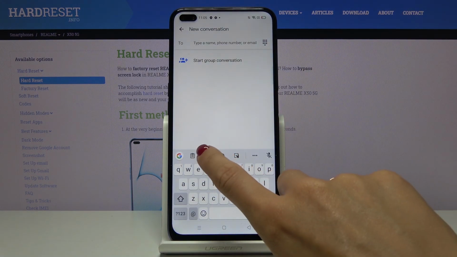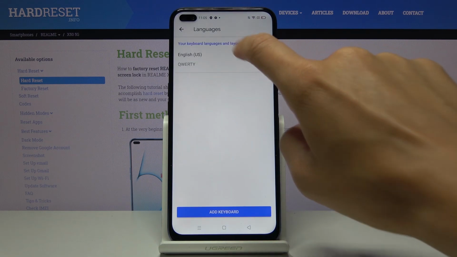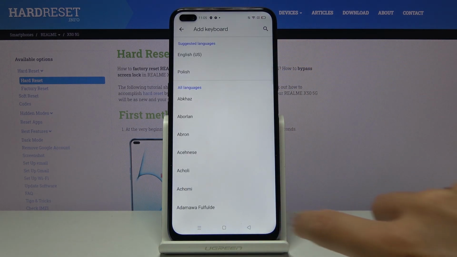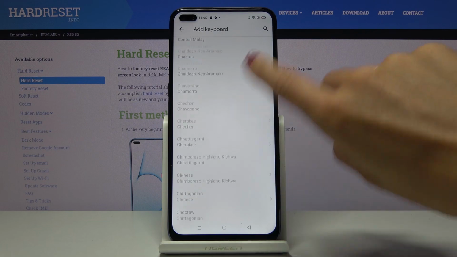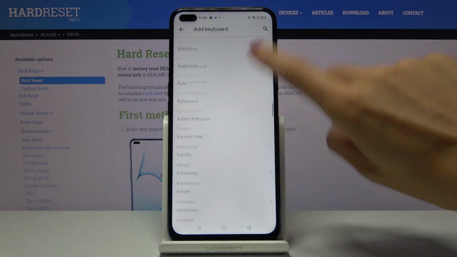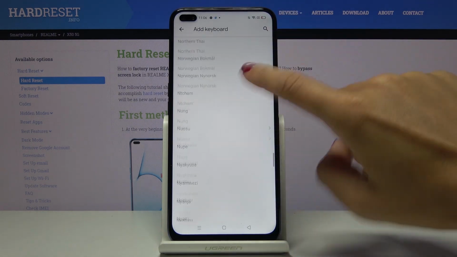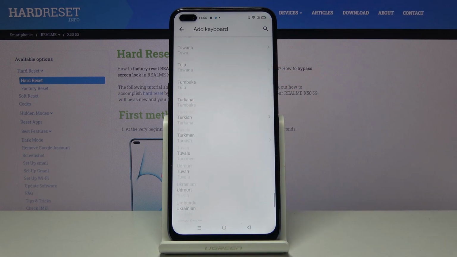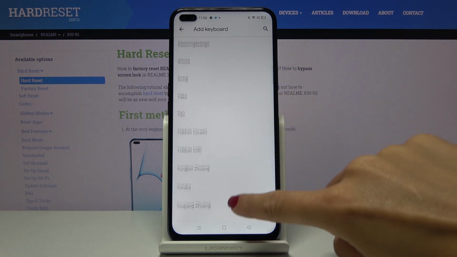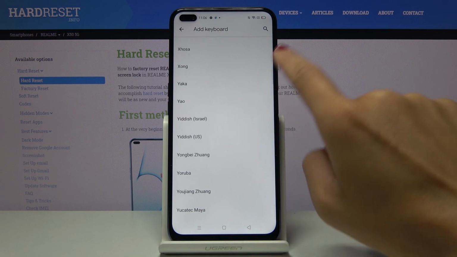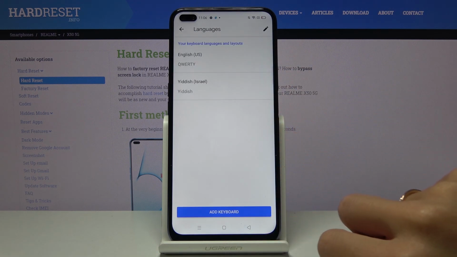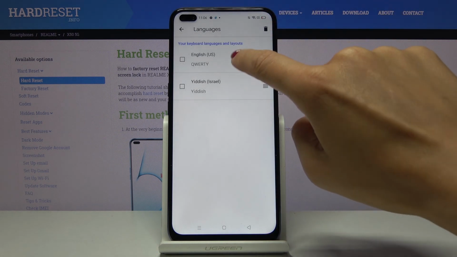If you would like to change it, just tap on the settings icon, go to the languages, tap on Add Keyboard, and here from the following list, which is pretty long, you can pick the language that you want to apply. So as you can see, everyone will find something suitable, because I believe that almost all languages are included here. So just mark the language that you would like to apply, tap on Done,